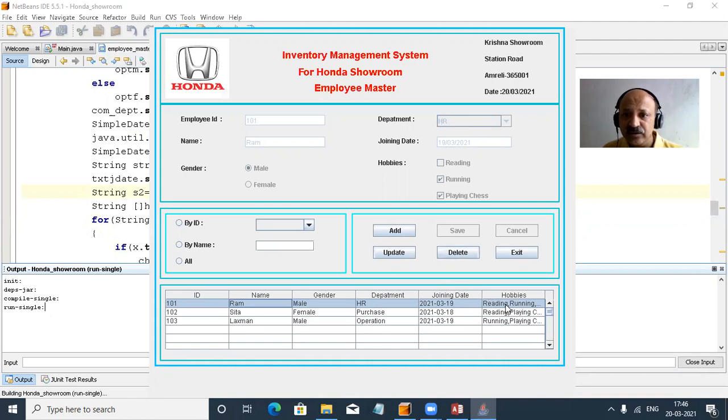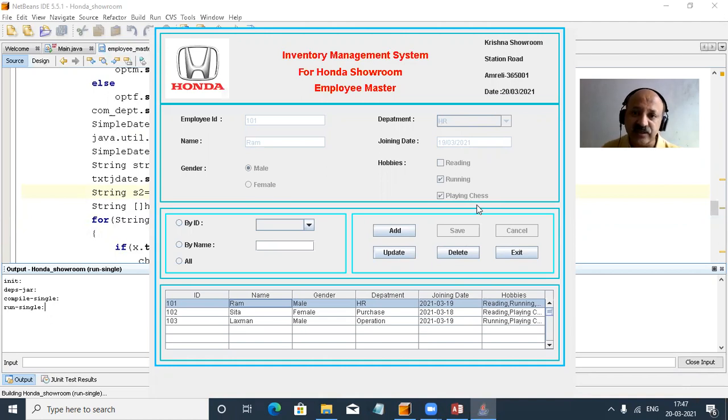And there are, yes, reading and running. Yes, that is not perfect. So that is running and playing chess. So the first hobby is not selected properly. So yes, that is a radio button and always a checkbox. The other text box and the JComboBox are selected perfectly. But always observe at selection time. So the main measurement of our coding is the radio button and checkbox. So yes, here you can look: reading is not selected, but running and playing chess are selected perfectly.